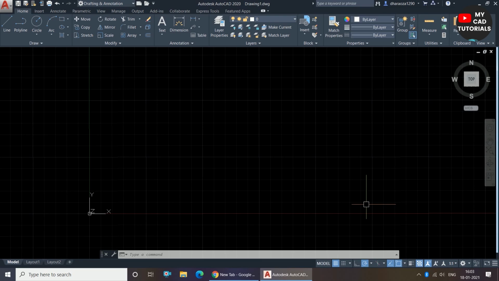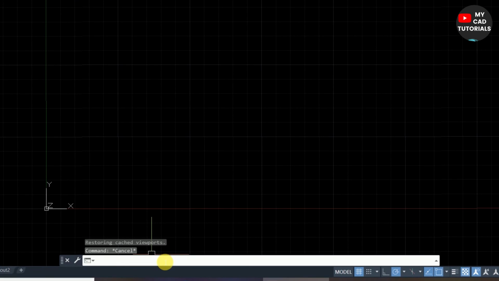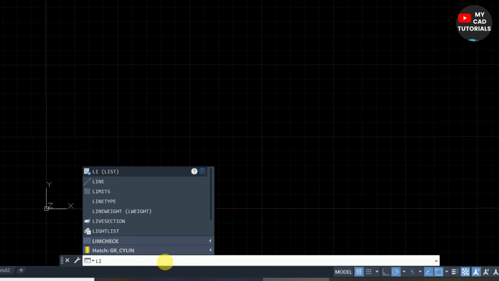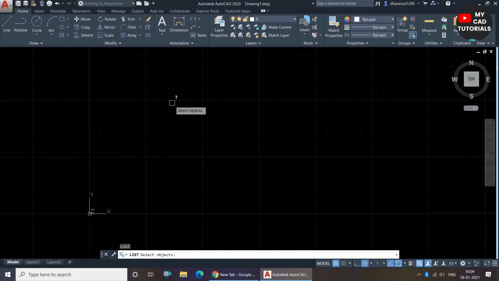Suppose I want to invoke the line command, but on my screen the line command is not visible here. So I can invoke the line command by giving the instruction to the command line. I am typing line in the command bar and pressing enter. So we can invoke any command by giving instruction to the command bar.